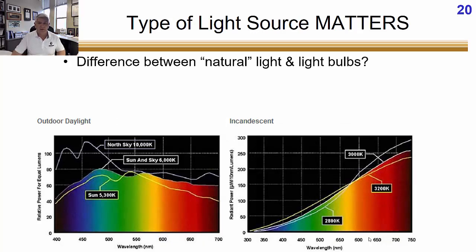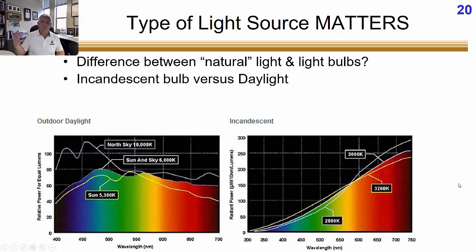And so here we see natural light, sunlight, where it's pretty equal representation across the wavelengths. And then here we see an incandescent light bulb, like the old light bulbs with the filament inside. If you're in a room that's lit by an incandescent light bulb, it has a warmer, orangey appearance, because that light bulb produces more medium and long wavelengths of light, and doesn't produce very much short wavelengths of light.